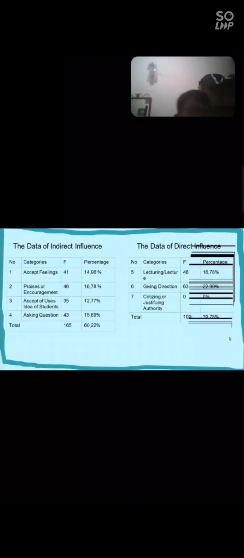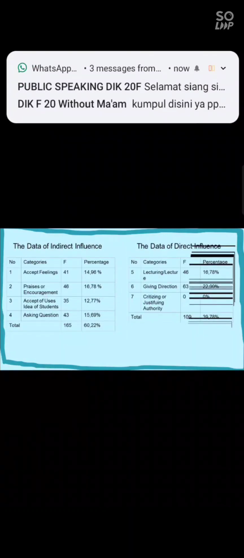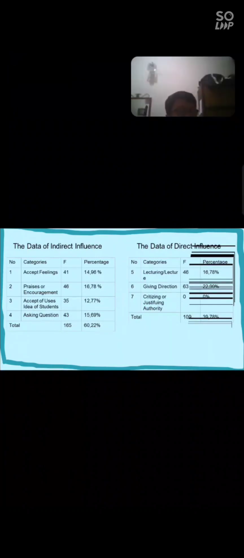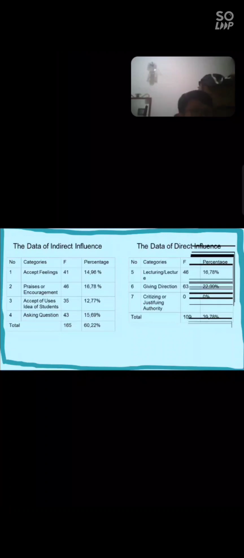First, in the indirect influence, we take a look in the categorized. There is accept feelings. Accept feelings, the frequency is 41, or in the percentage is 14.96%. The second is praises or encouragement. The frequency is 46 and the percentage is 16.78%. The third is accept or use idea of students. The frequency is 35 and the percentage is